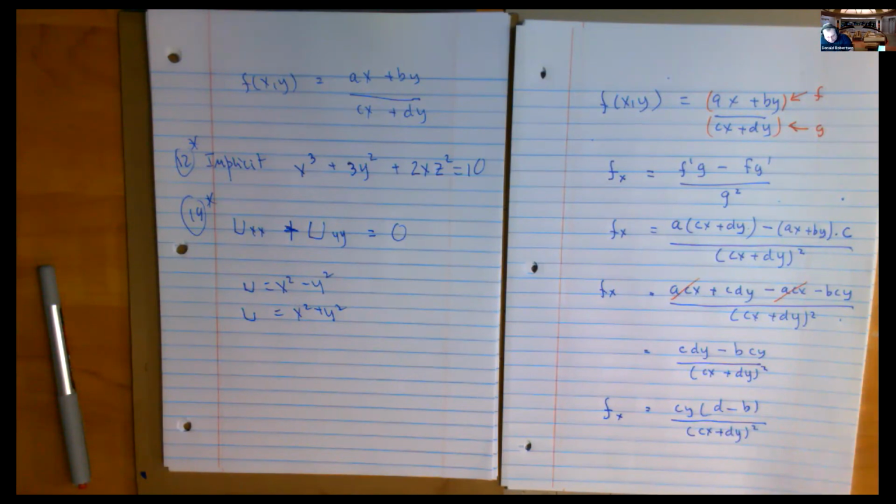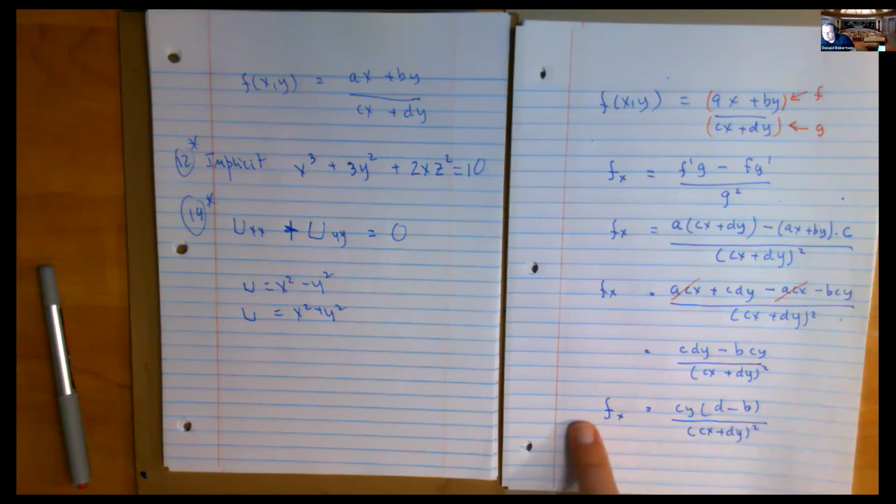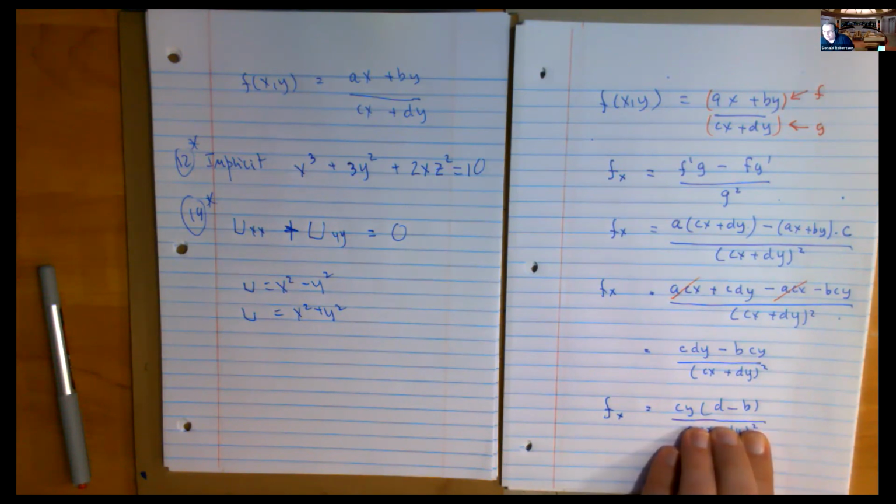Yeah, nothing to do with this question, just curious to me. If I wanted to know when is this derivative ever going to be equal to 0? Won't it be 0 when y is 0? Because the bottom's never going to have an effect, right? If something's 0, it's the top that makes it 0, not the bottom. If the bottom's 0, you get undefined, so that's no use to you, right? Also, a rather curious thing, if d is equal to b, won't this be 0 all the time? So if d is equal to b,